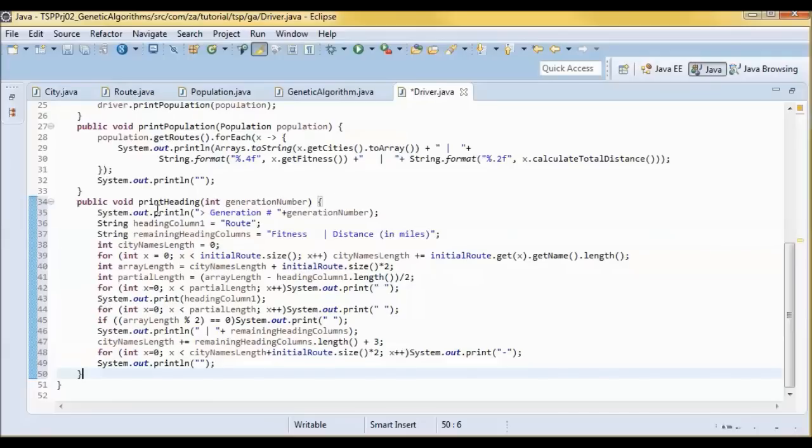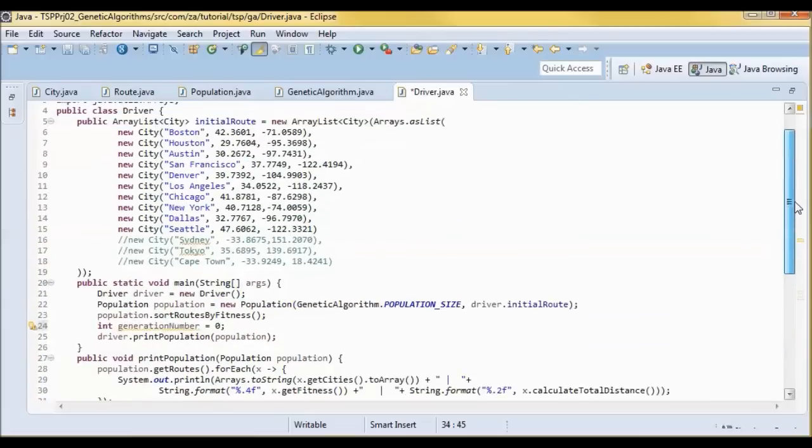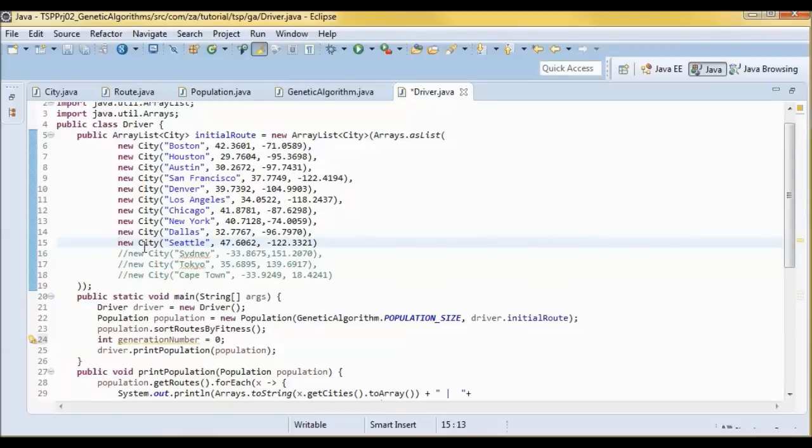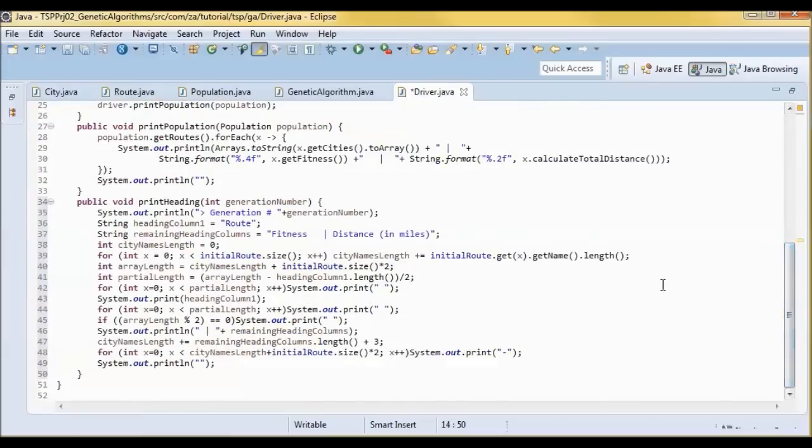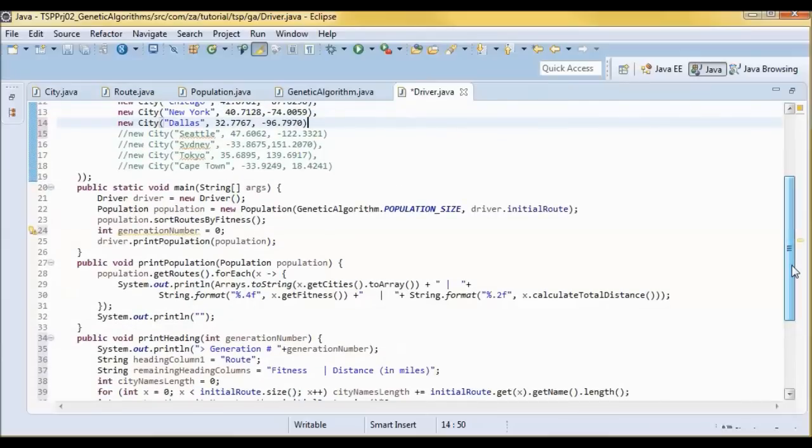So I'll have this method print heading, where I would pass it a generation number that it would print, and it would be able to print for any number of cities. So if I change here, I only have 9 cities, it should be able to print for those 9 cities.